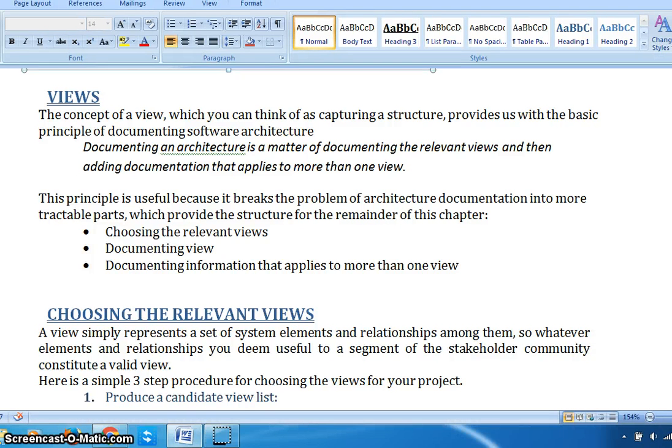Next concept is views under module 4. We can define a view as capturing a structure, which provides us with the basic principle of documenting the software architecture. For documentation, views are necessary because they provide a basic principle for documenting